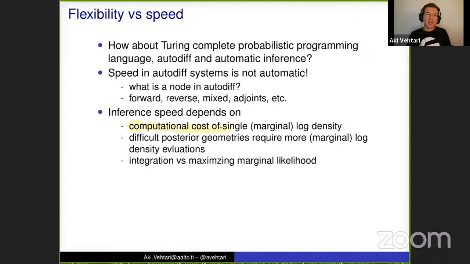So these depend also, for example, on the auto-diff speed, and then in case of GPs, what is your approximation for computing marginal likelihood or the joint density, and then additionally difficult posterior geometries require more density evaluations,